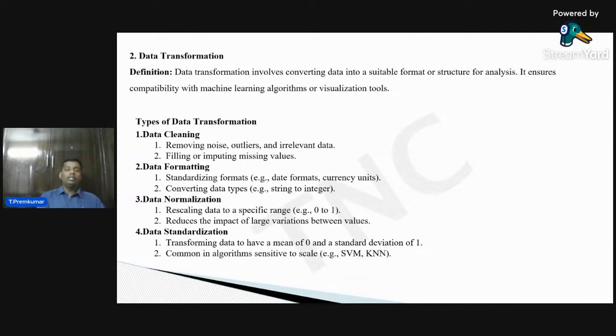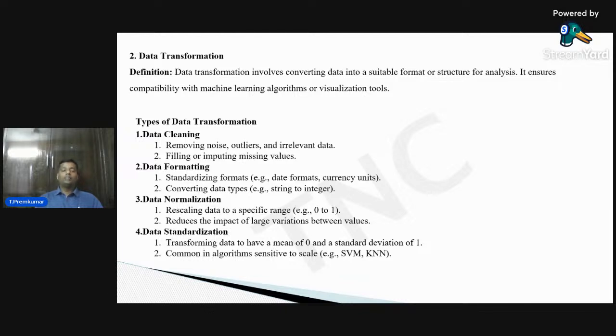And after integration, we go for transformation. In the transformation, it is going to do some conversion. What type of conversion? It is going to convert data into a suitable format or structure for the analysis. It is also going to ensure compatibility with machine learning algorithms as well as visualization tools. So here we have some of the types of data transformation: data cleaning, data formatting,